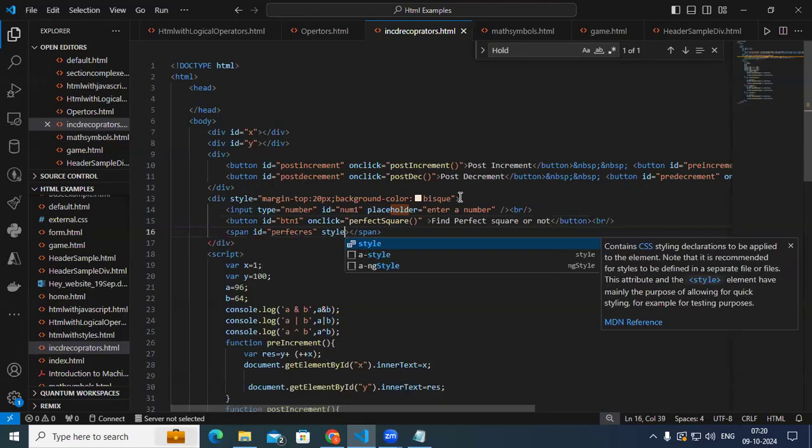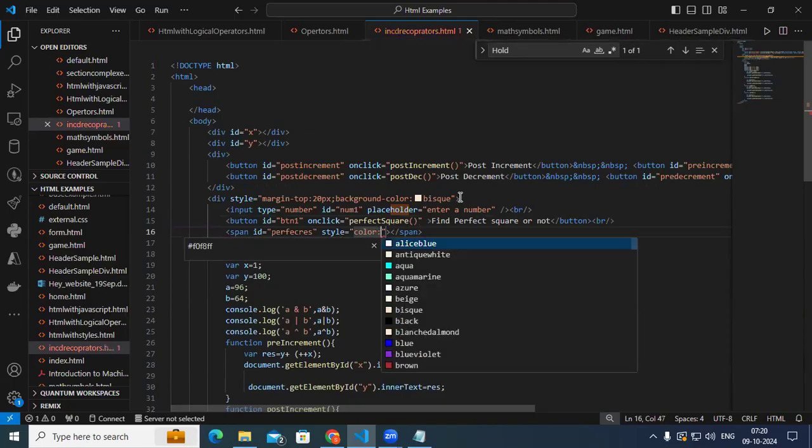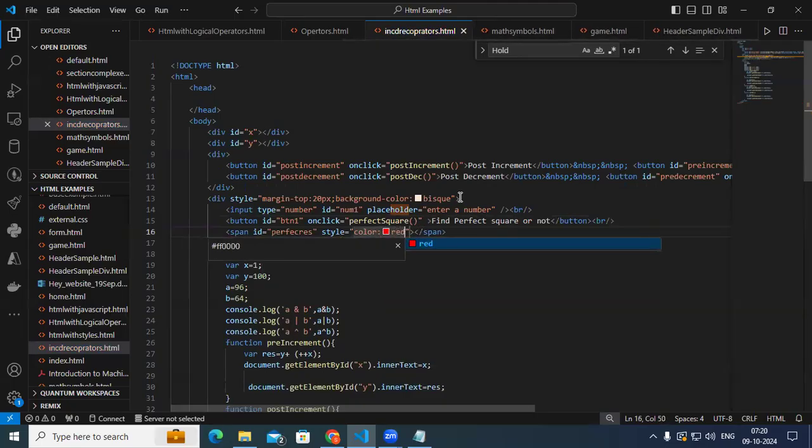Style equal to color. This will be red. I'm trying to put red color here. Now into this, we need to